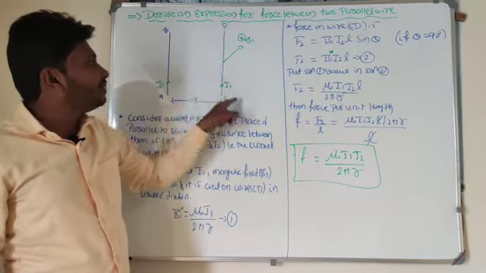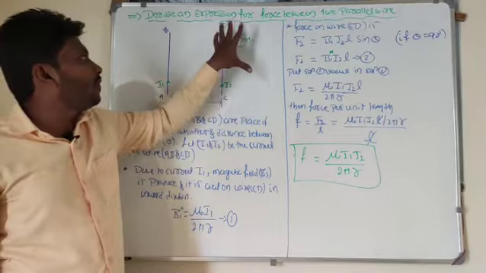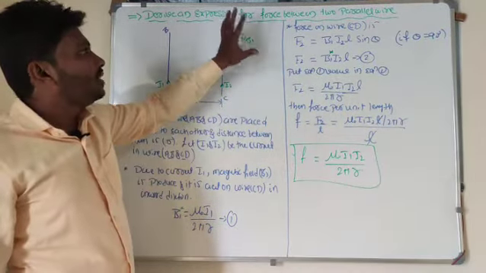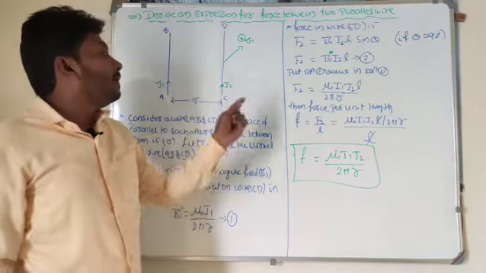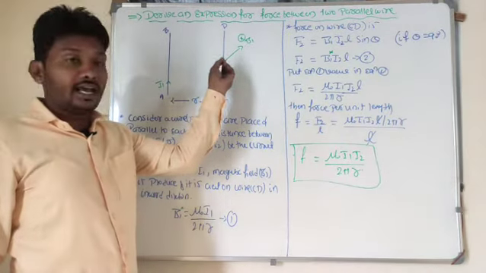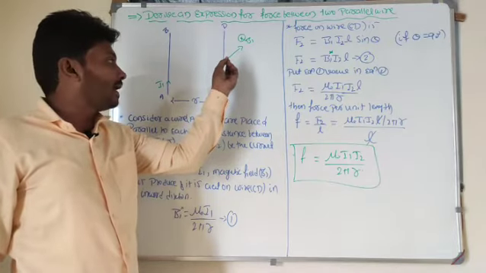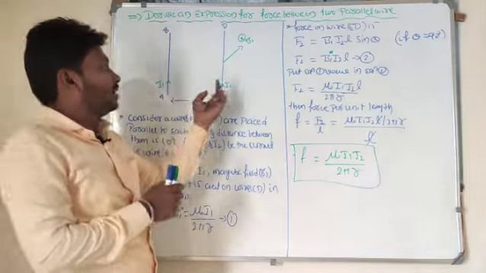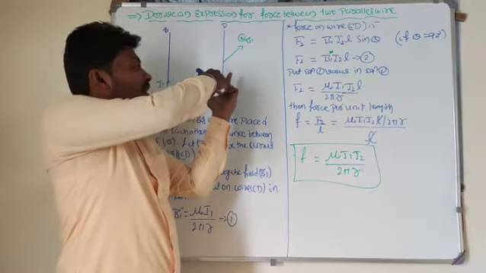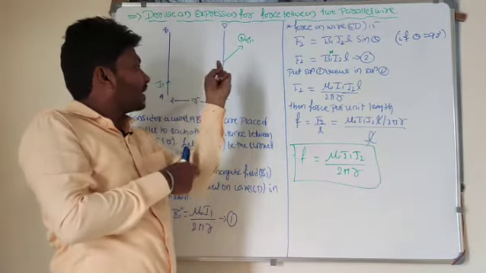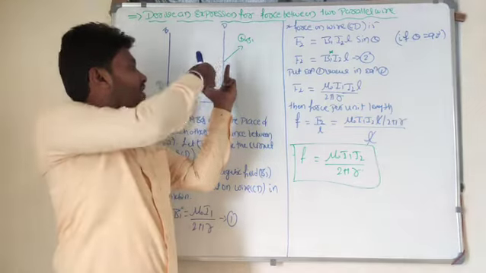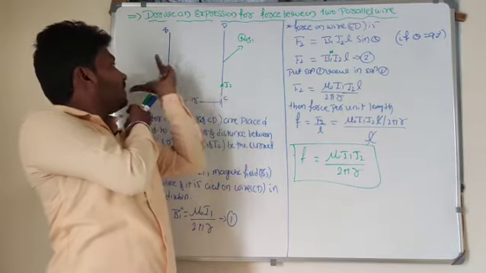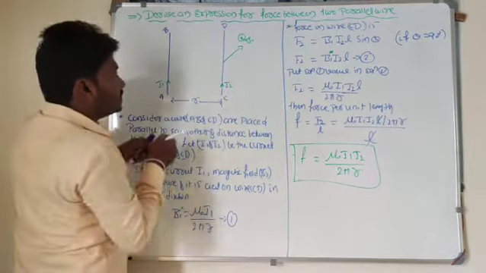Now I will apply Fleming's left hand rule to the wire CD in order to get the direction of the force F2. Look here, in which direction is the magnetic field acting? The magnetic field is acting in an inward direction. Current I2 is flowing in an upward direction. Magnetic field is inward, current is upward. What is the direction of the force? Thumb is towards the wire AB. In which direction is that force acting?